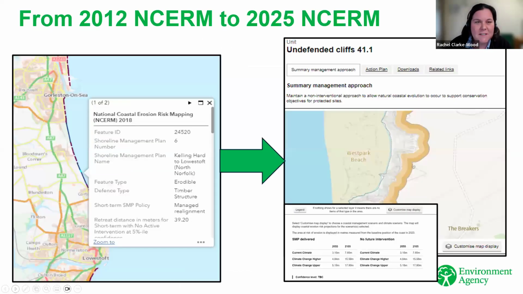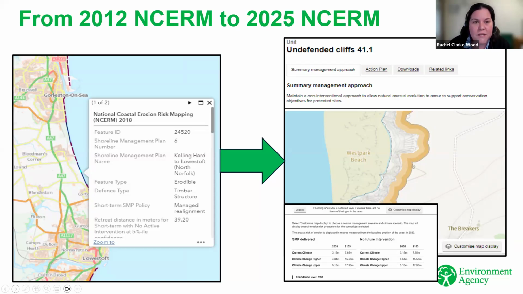Next slide, please. I thought it'd be useful to actually show this. So it's a really good visual of what the project has actually achieved. As you can see on the image on the left, that was the previous NCERM, and then to the one on the right, which is the new NCERM as it sits on SMP Explorer. As you can see from this, it has made the product really easier to view and more intuitive, and shows the erosion data visually as areas of potential risk. It also provides supportive data and text to aid better understanding, including specific help text on SMP Explorer itself. So there's various different links and also specific help topics for SMPs and the NCERM data.